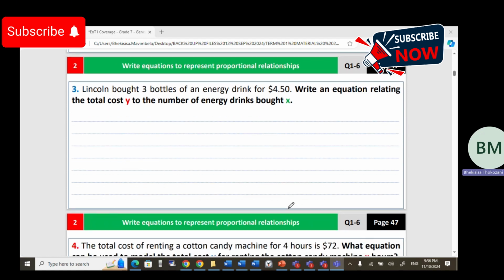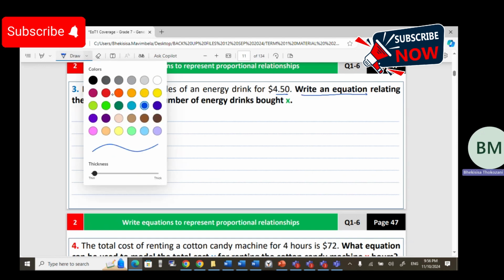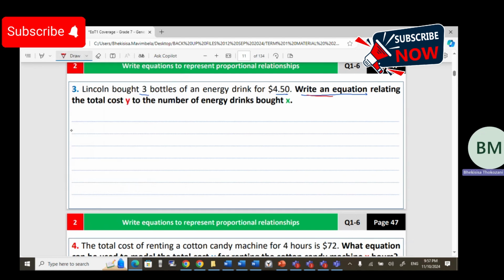Here it says Lincoln bought 3 bottles of energy drinks for 450. Now, in this question, they wanted to write an equation. So the equation is not written for us here. They wanted to write an equation, but they're saying something interesting here, that the total cost is your Y,